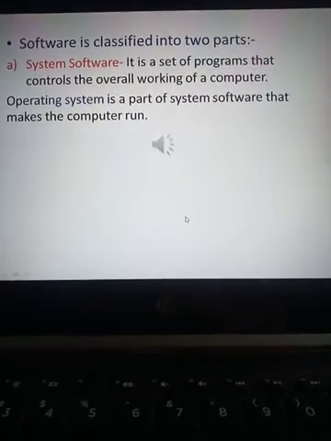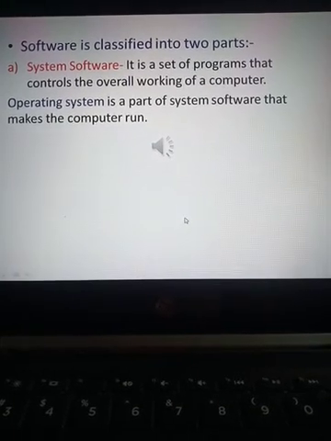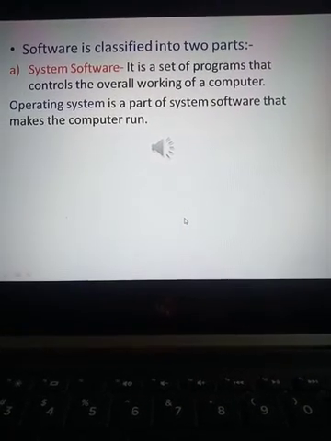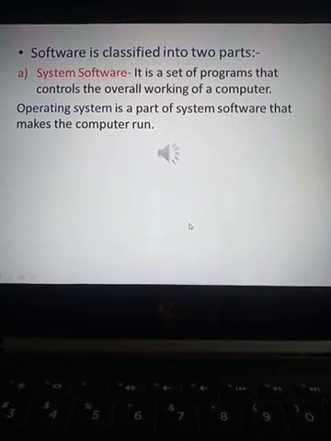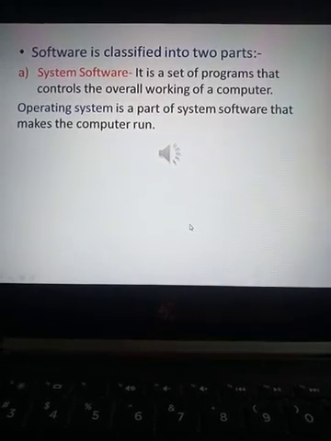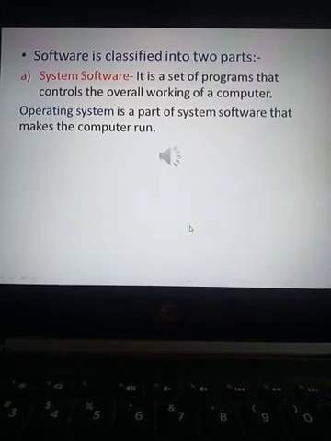Have you heard about Windows 7, Windows 8, Windows 10, Android? All these are operating systems that operate the computer or mobile phone.